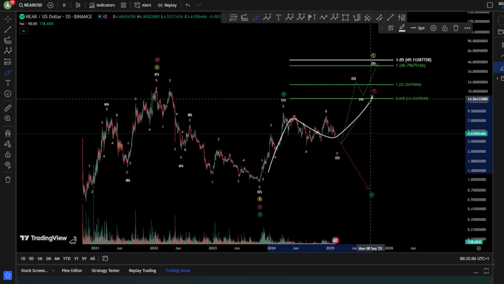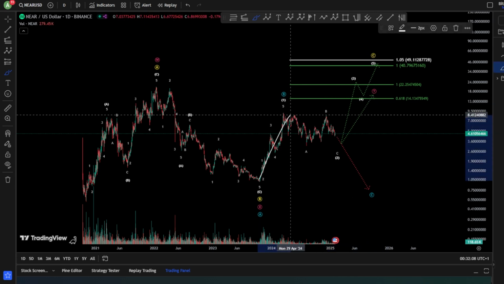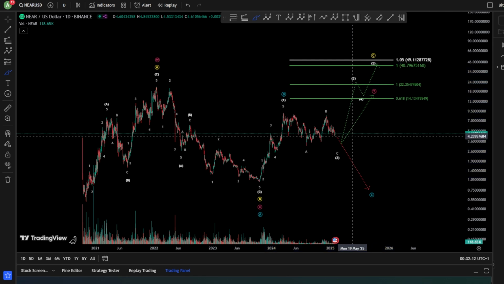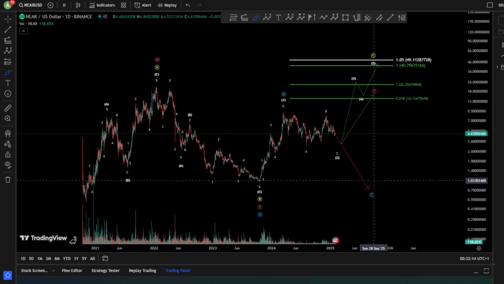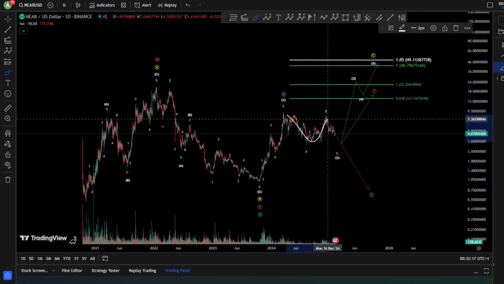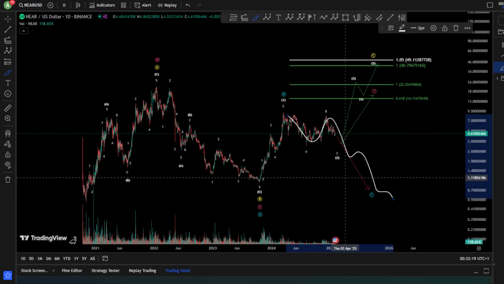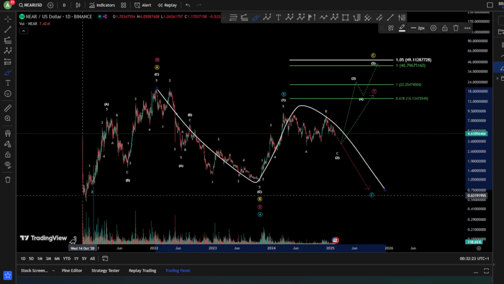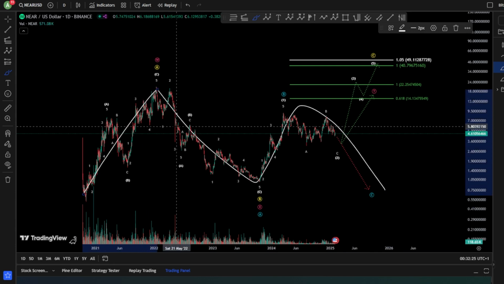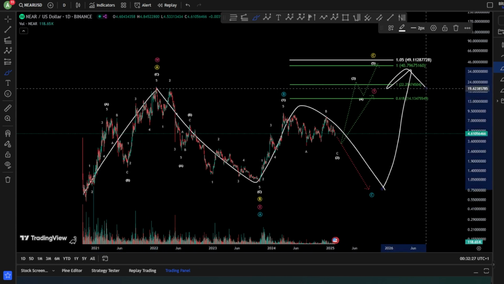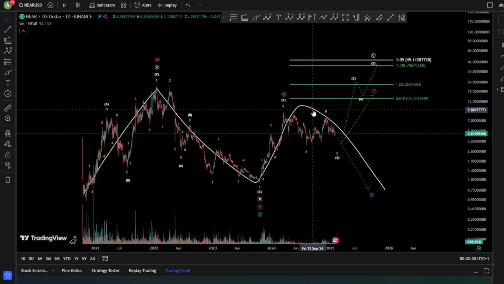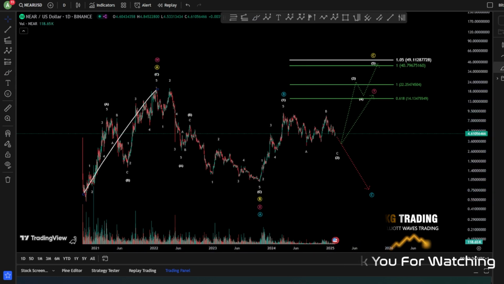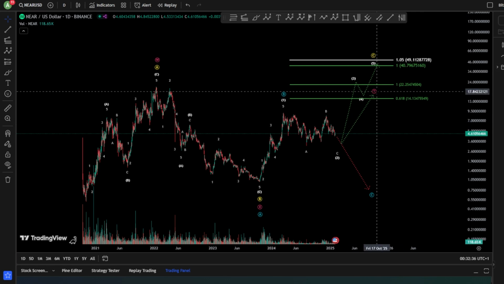A, B, and a C for your Y here, or a 1, 2, 3, 4, and a 5 for your wave C. In case we are, of course, bearish, you would like to see anyway an impulse toward the downside because this might be your wave C as A, B, and a C after finishing here 3 waves up, 3 waves down, and continuation toward the upside. However, there is no such impulse exactly in this area, so higher possibility goes exactly for the bullish because